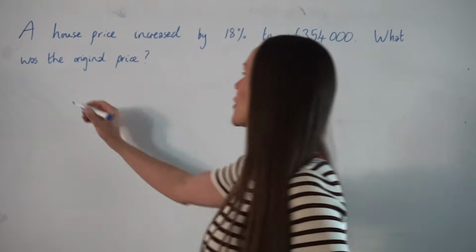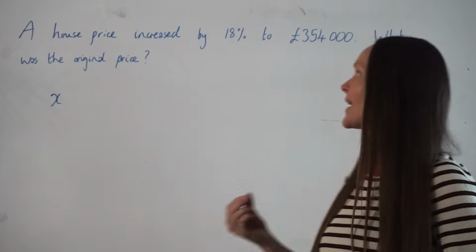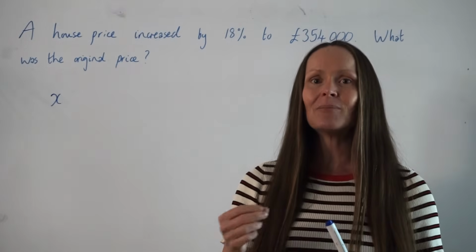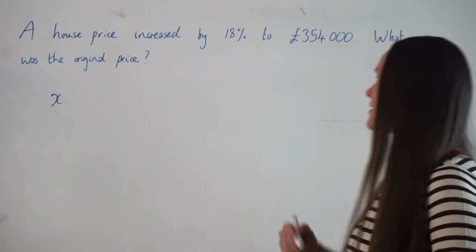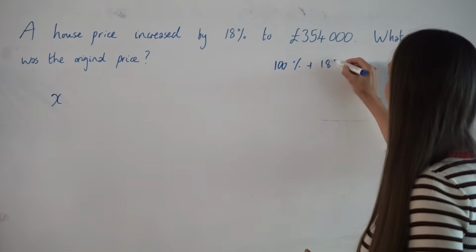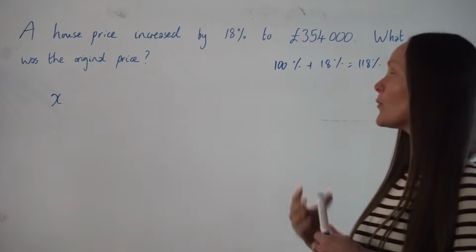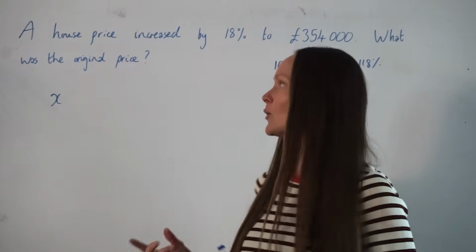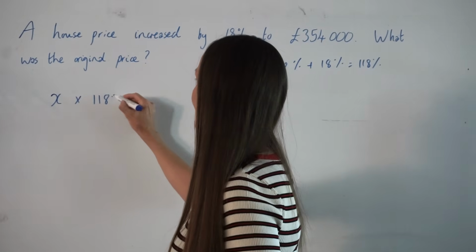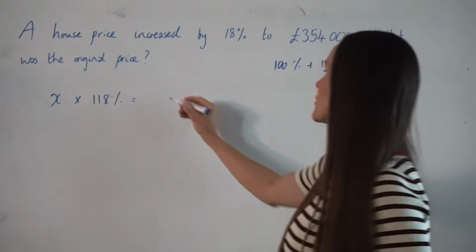So again, let's call the original price X. And this time we're increasing that price by 18%, which means that the new price is 118% of the original price, since 100% plus 18% is equal to 118%. Okay, so if we're finding 118% of the original price X, we need to multiply X by 118%, and when we do that, it equals the new price,